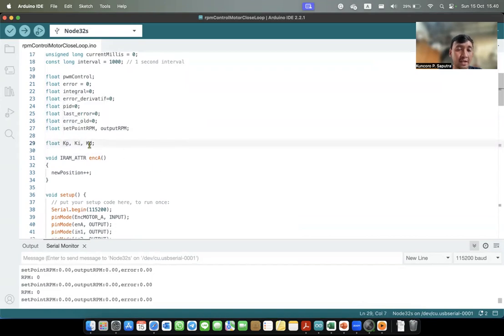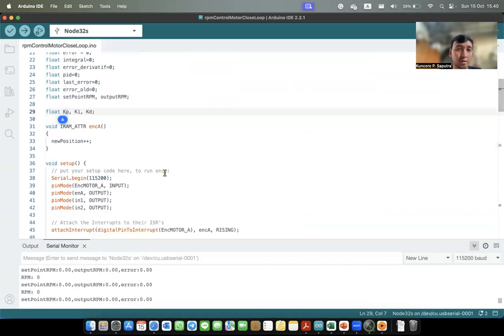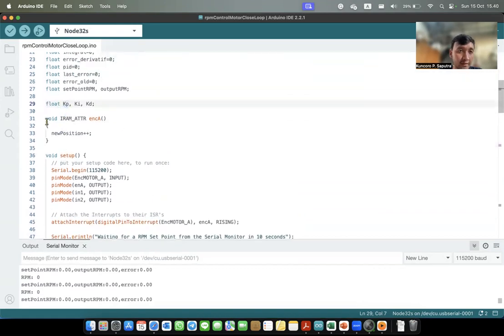These KP, KI, and KD variables we can tune to get the best response for the motor control. And this function, IRAM_ATTR ENCA, is an interrupt function that is triggered from the external interrupt, the digital pin interrupt.